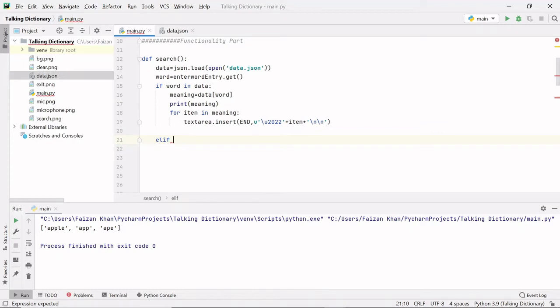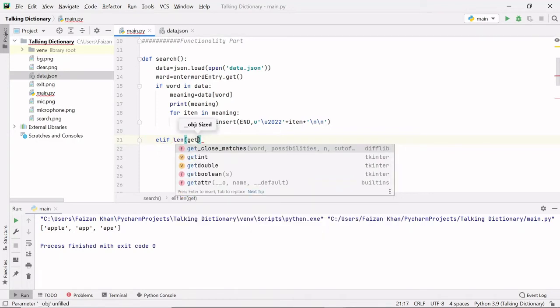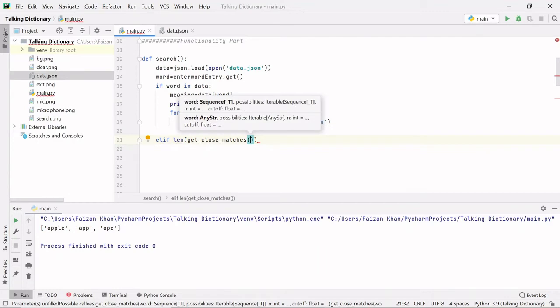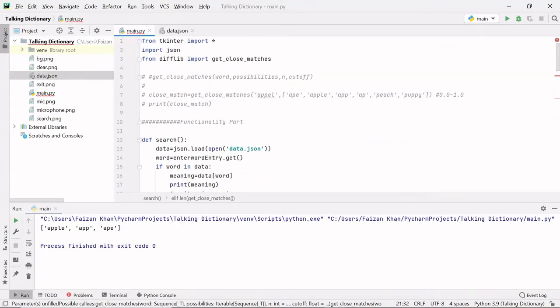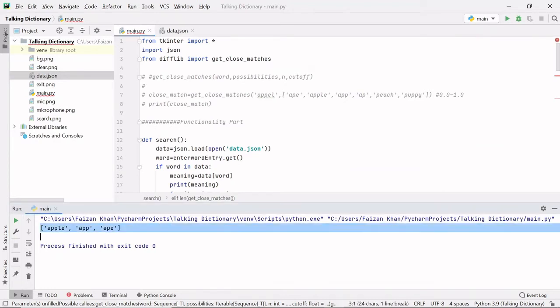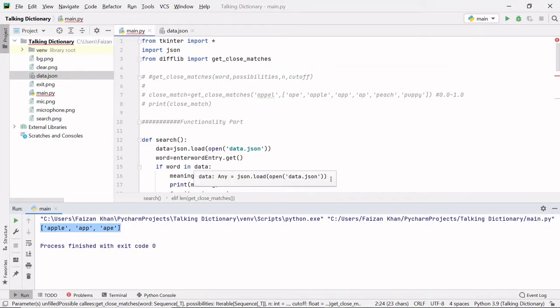So for that, what code do we have to write? Let's see. Here we will simply check the length of this get close matches list. As I have already told you, get close matches will simply return a list of the closest matching words. Like here you can see that we were getting a list, right? If the length of this list is greater than 0, what does it mean?